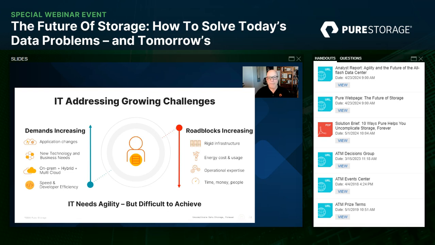But stepping back from that and just trying to take a larger, more macro view of the challenges that IT is facing these days, obviously individual applications are changing. And then there's new technology and business needs that come in. I think probably one of the biggest ones right now is AI. It is so data dependent that there's no way anyone in IT can ignore the fact that AI is having